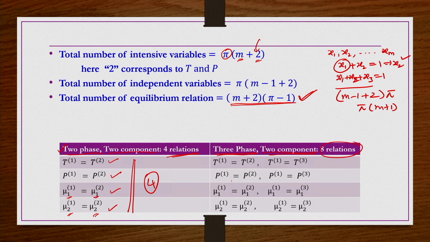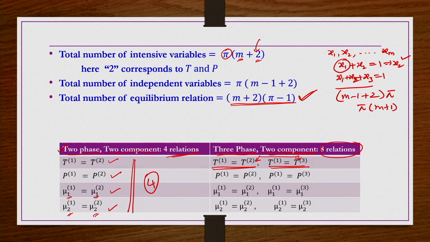With respect to the temperature, with respect to the heat transfer process, T1 should be equal to T2, that is one relation, and then another one is T1 should be equal to T3. So, that means T2 will automatically be equal to T3. T2 equal to T3 will not be an independent relation, it is already established. If we write that as an additional relation, we are counting it 2 times. If we say T1 is equal to T2 and T1 is equal to T3, obviously it means that T2 is equal to T3.